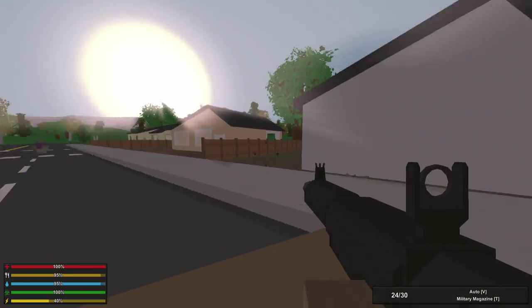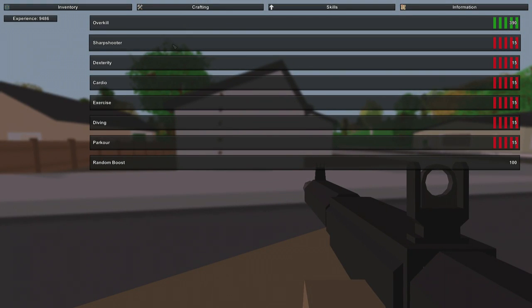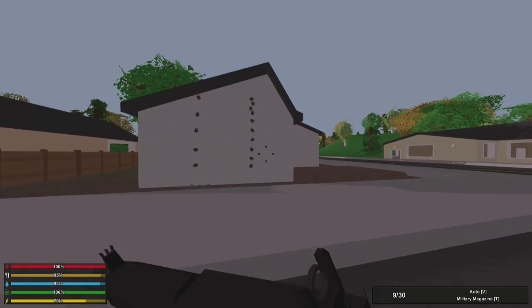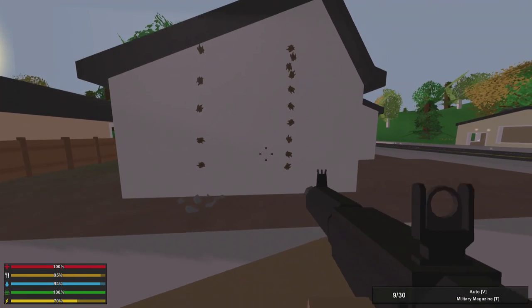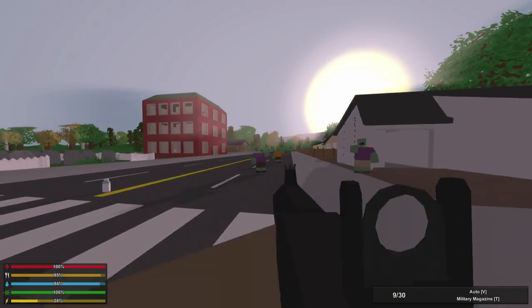We're going to have to do it quick because the bullet holes disappear. But look at that. And Sharpshooter, upgrade it. And look at that. Look at the recoil pattern between the two. So a significant increase in terms of recoil, and accuracy is when it comes to